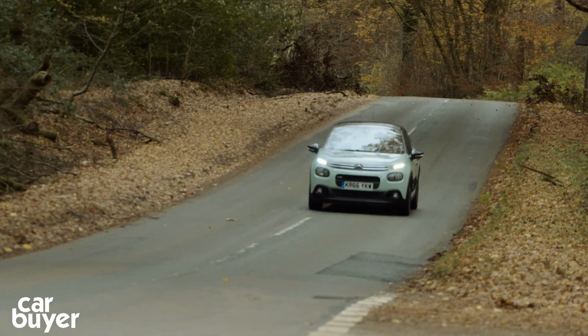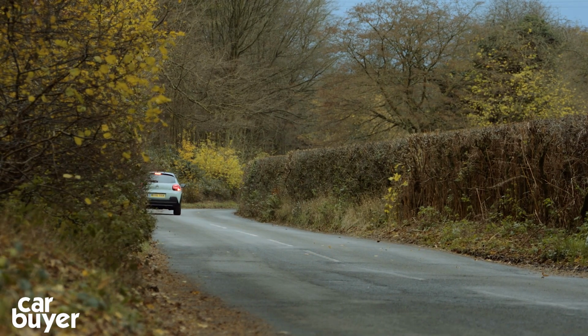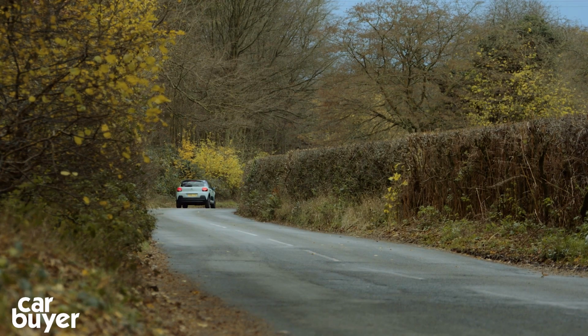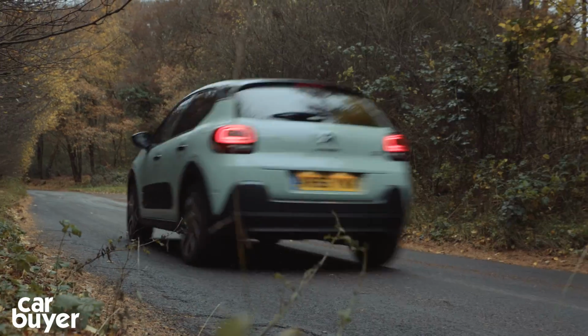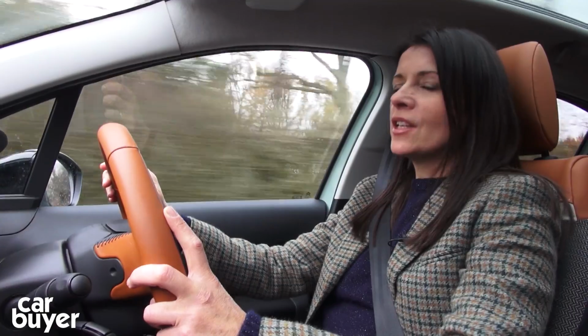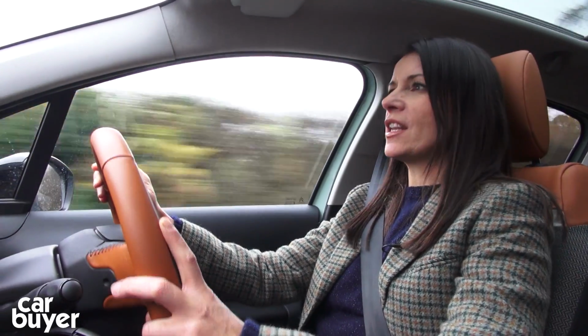You can have your C3 with a couple of naturally aspirated 1 litre and 1.2 litre petrols or a 1.2 litre turbo. There's also two 1.6 litre diesel engines that emit just 93 grams per kilometre of CO2 and return up to a claimed 80 miles per gallon. Now, whilst the diesels sound impressive, they're really not worth the extra money over the petrols unless you regularly drive